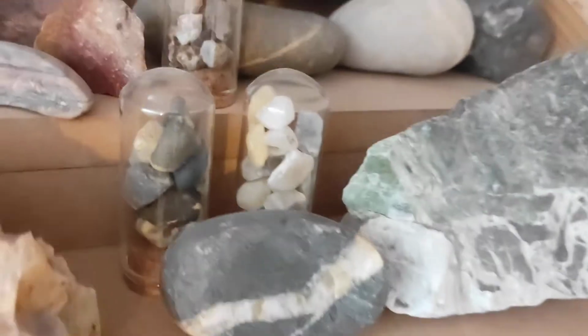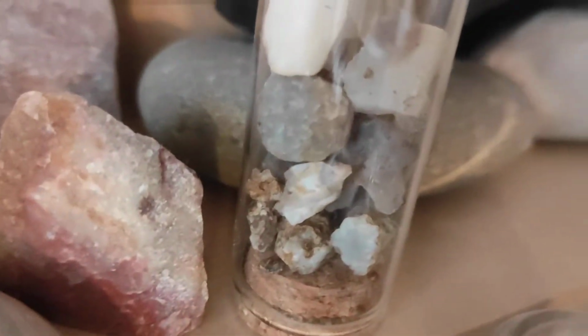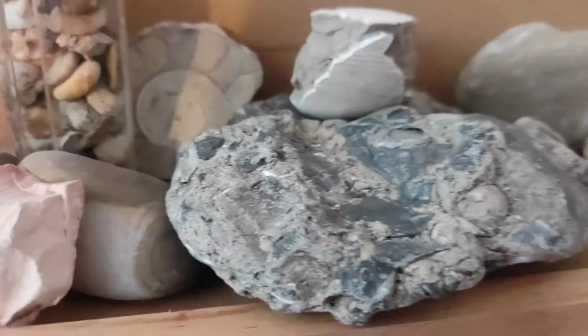Just up here, I'm just going through it. Those are bits of Greywacke, and then some quartz there, and some more quartz. So now we get into the sedimentary shelf. This here is, I believe, chert. And then moving on, we have,